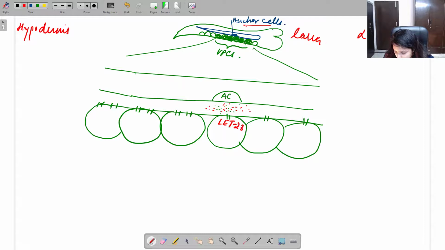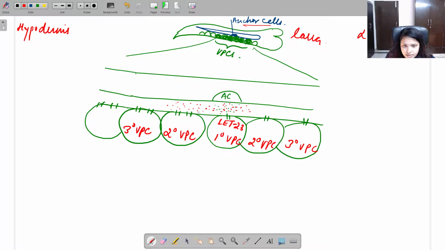LET-23 is present on the P cell membrane. So these are the LET-23 receptors. If you can see, Lin3 starts moving in the extracellular matrix and binds to it. Those cells which take the maximum Lin3 convert into 1 degree, or we can say primary cell, and where the concentration of Lin3 is less, the cell is converted into secondary VPC. The minimal level is present here, so this is known as tertiary VPC. So: tertiary VPC, secondary VPC, and primary VPC.